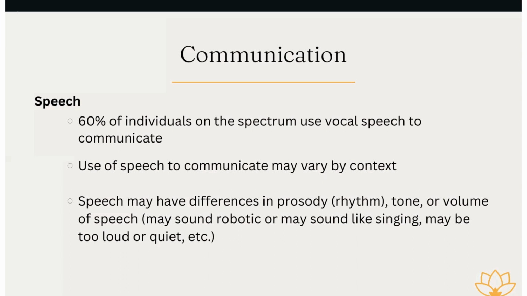So again, you'll notice throughout this presentation that when we talk about characteristics of autism, you're going to see the words 'they may' and 'some,' because every child with autism is different and an individual, and the way that they have autism presents differently for them. By no means is any of the information shared today going to apply across the board to all children on the autism spectrum. So you might relate to some of these things and think, oh, that doesn't describe my child, and that's okay.